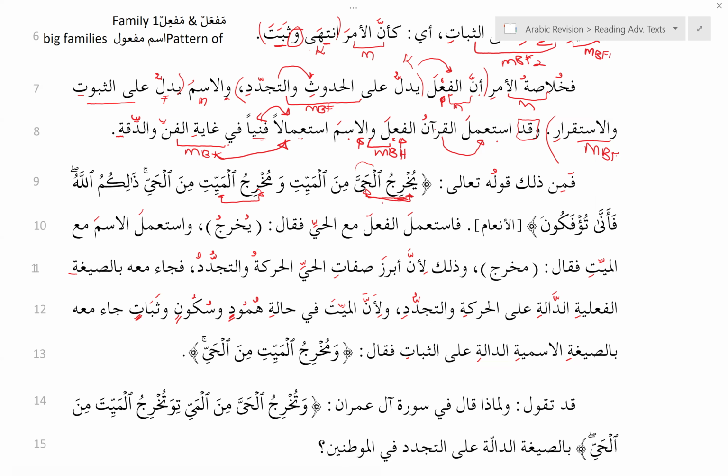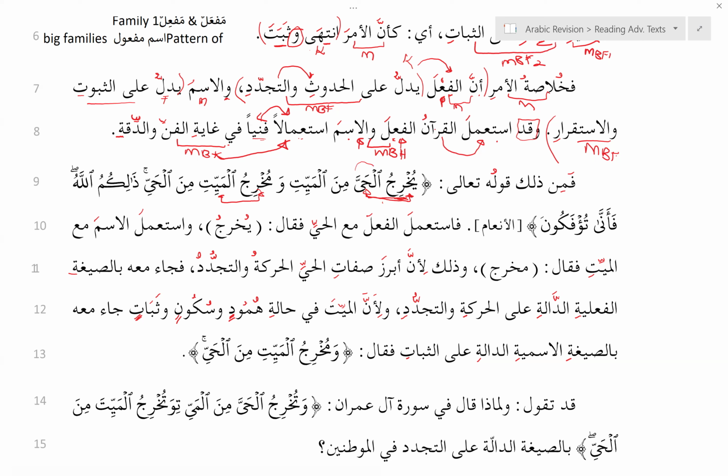He says ذلك لأن أبرز صفات الحي. That is because the most prominent feature or characteristic or attribute of the living is what? Movement, is renewal. Every day you wake up, something like if you see a plant coming out, the sign of life is what? It comes out, it keeps on renewing and regenerating, and new leaves are coming out. That is the sign of life. Or life is movement. Life is not still. You're moving here, you're moving there, the trees are blowing.